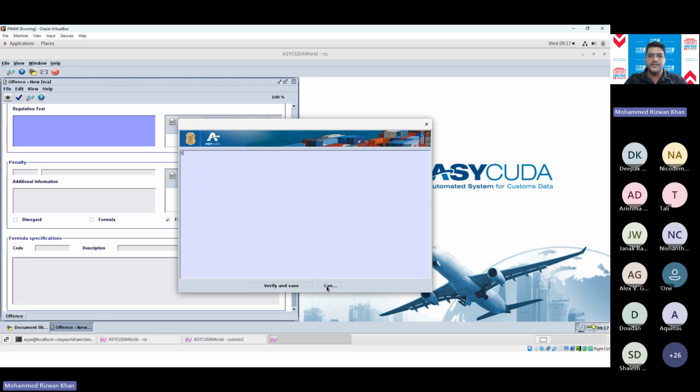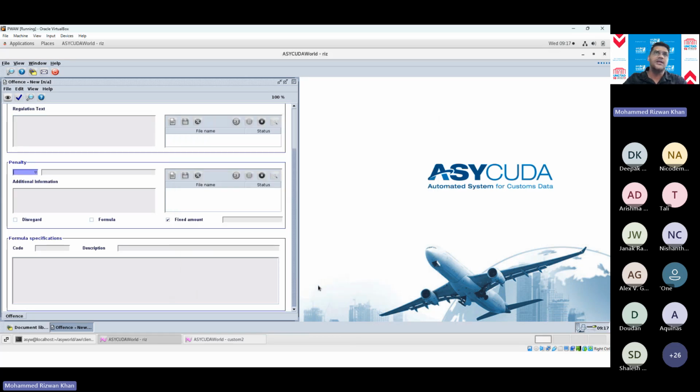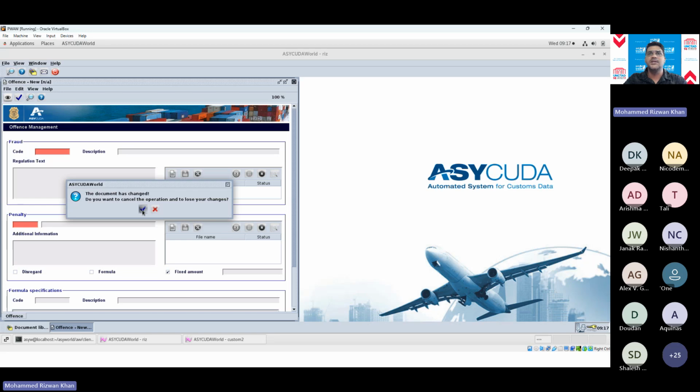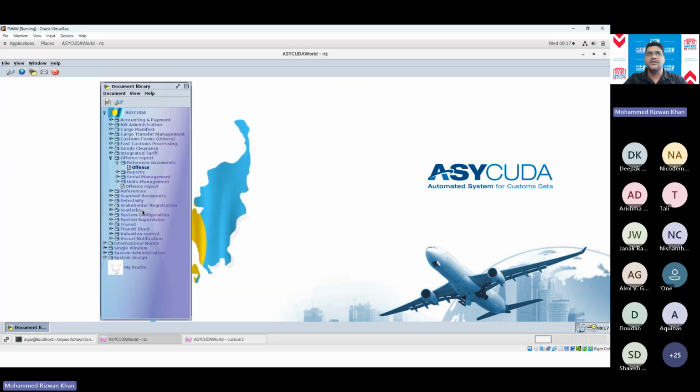If you have a penalty matrix, you can assign that penalty matrix to the different offenses that you create. So these three things are very important before you start capturing any offense: the unit, the officers, and the different types of offenses.